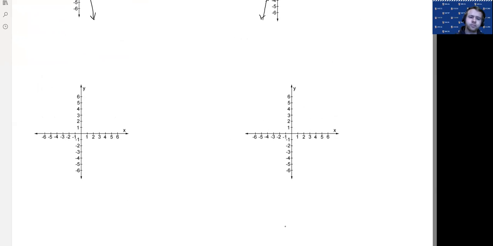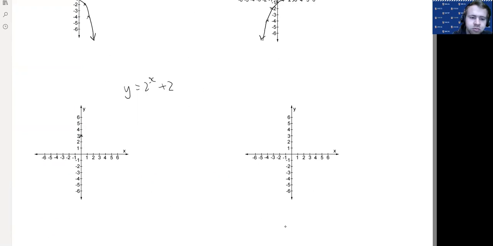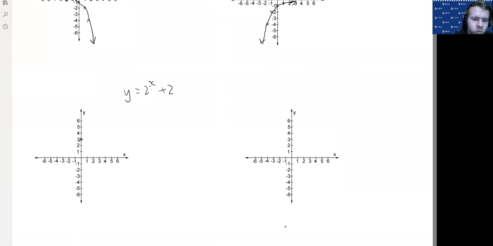Last thing we're going to look at is just simply if I have y equals 2 to the x, but then I add 2. Okay, basically what's going to happen is instead of it flattening out on the x-axis, it's going to flatten out just above the x-axis. So I'm going to get my intercept, rather than being at 1, we're going to plus 2 to that, and it goes through 3. And then instead of going through the value 1, 2, it's going to go through the value 1, 4, and then 2, it's going to be up here, and this is going to flatten out just below, or just at